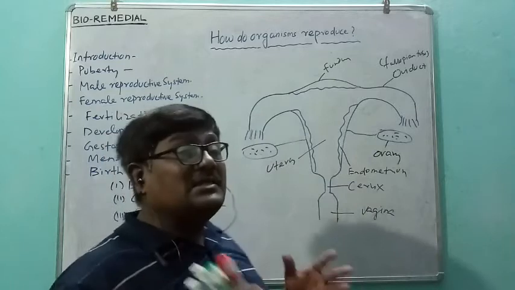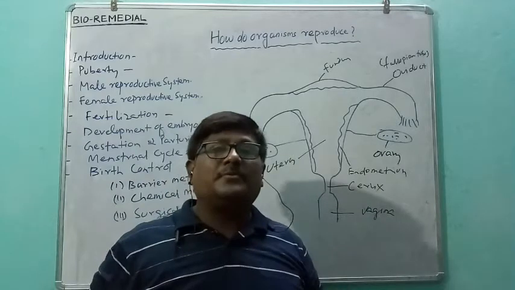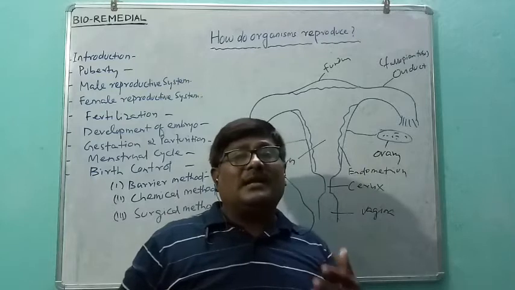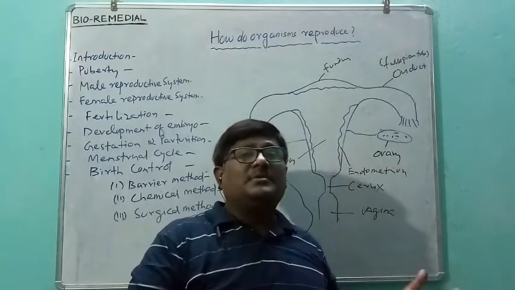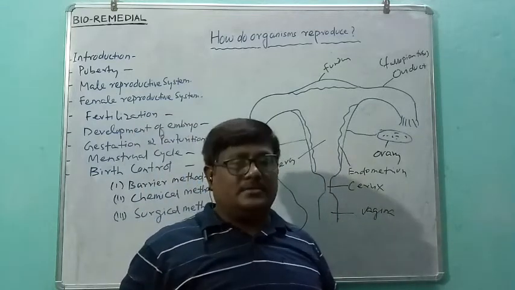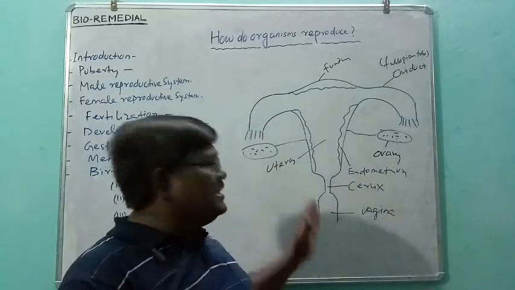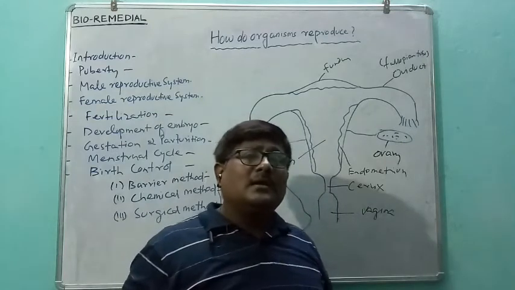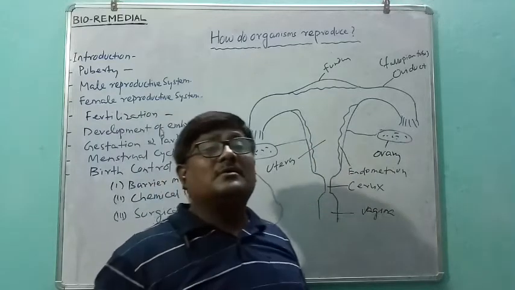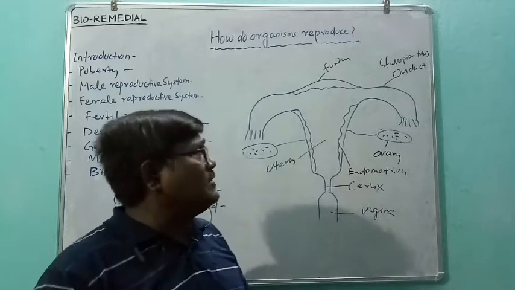Then this semen, actually, each ejaculation carries millions of sperms. The idea of production of millions of sperms by the male is that the sperms will travel from the male body into the female body, and the passage of the female body is acidic in nature. So during transit, a few sperms will get destroyed. In the acidic medium, many of them will also die. Then, out of millions, thousands of sperms become able to reach the fallopian tube, and the first and most efficient